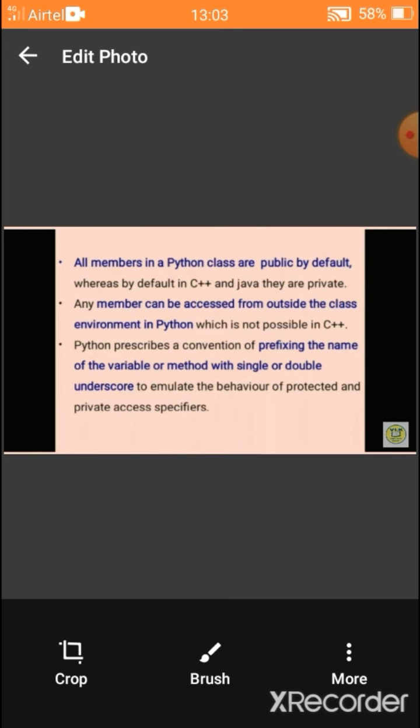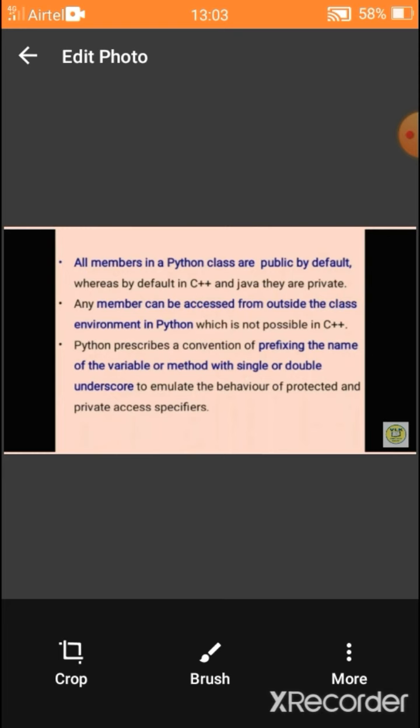Once again, I am explaining you. If you want to protect your variables, you can give it as a private modifier. How do we give a private member? You have to use the double underscore symbol in front of the variable name. Those variables are considered as private members. It cannot be accessed outside of the class.